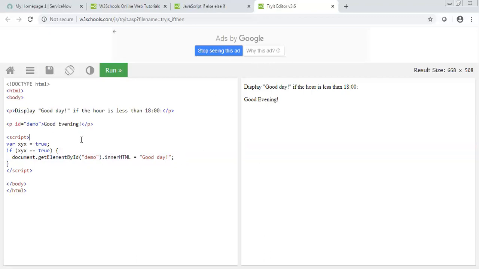Then sometimes we get the requirement of a kind of switching. Like if xyz is equal to a, if xyz is equal to b, c, d, there could be multiple conditions. For example, if the logged in user is a member of the service desk group, then do a particular thing.